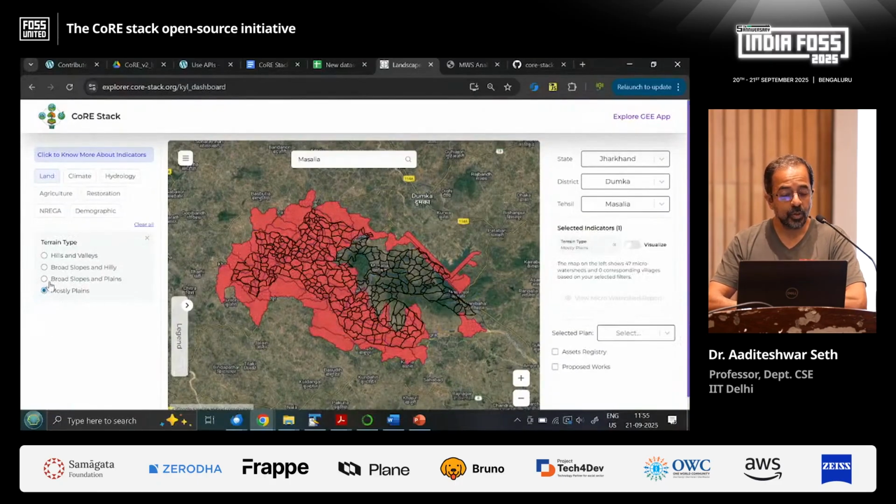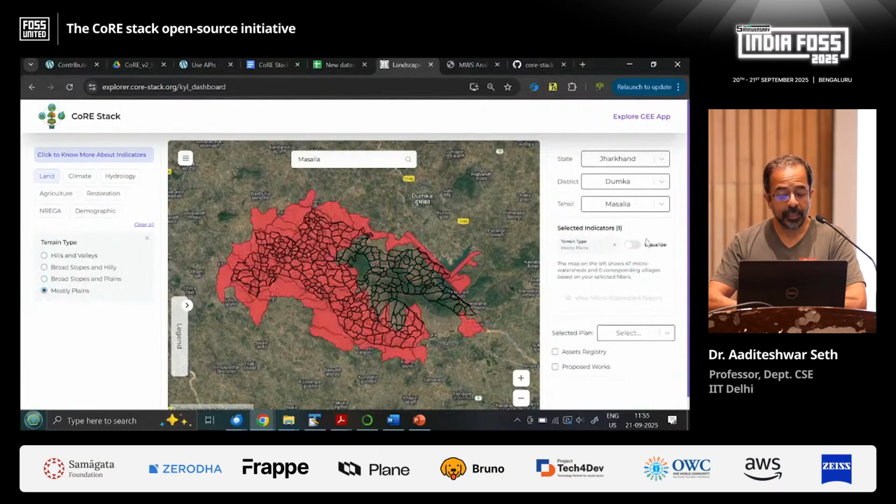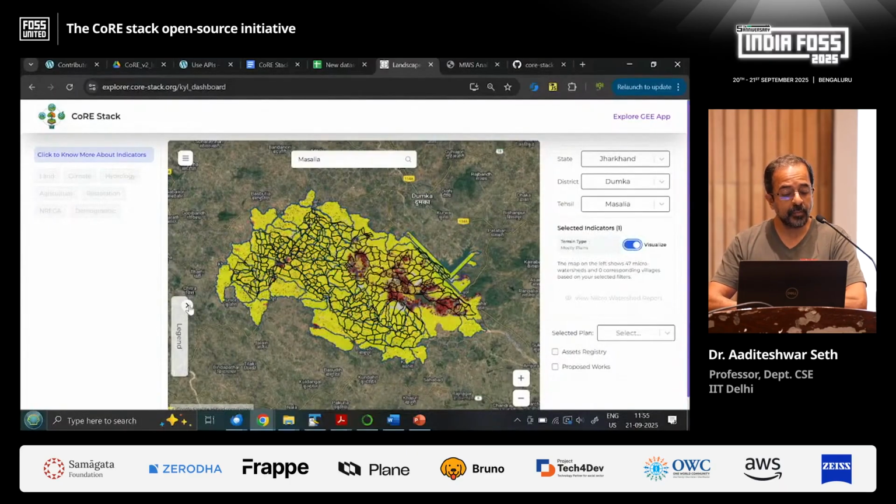So what we've done is, for these micro watersheds, if you want to say, show me micro watersheds which are mostly plain or which are a mix of plains and slopes, what's happening at the back is that our pipelines ran a terrain computation algorithm, which uses digital elevation maps.